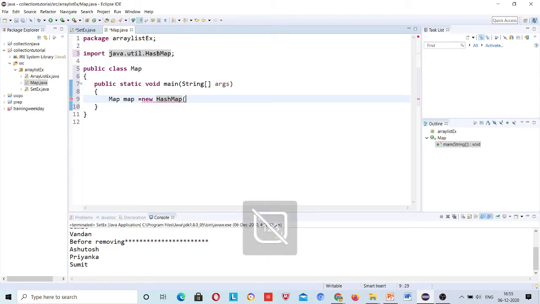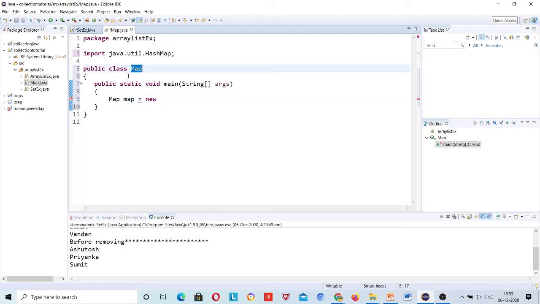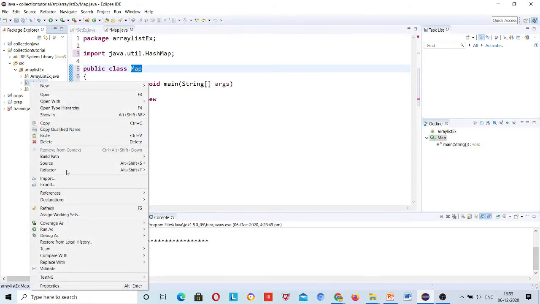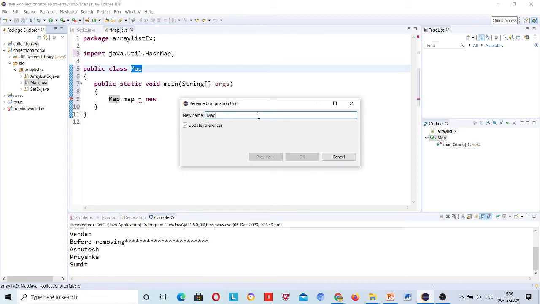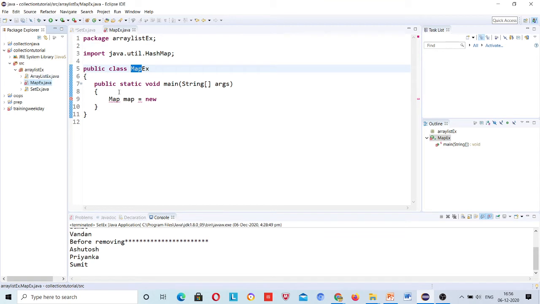Where is the error coming? Oh, same. I discussed this with you yesterday. We will keep finding what is the same. See, this class name I have declared same as the name, so I need to first refactor it, right? You should note it, because many times even I have done it and kept finding the error. So class name should not be the same as the predefined classes that are available in Java, right?